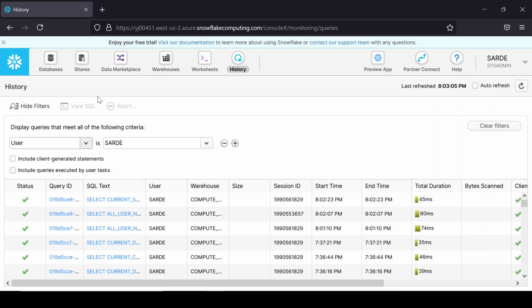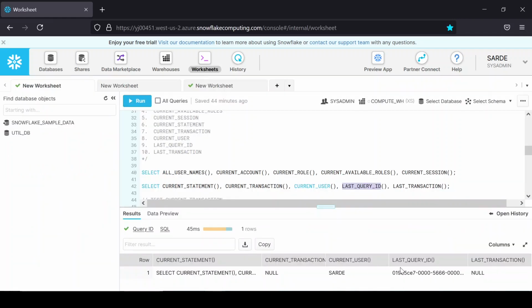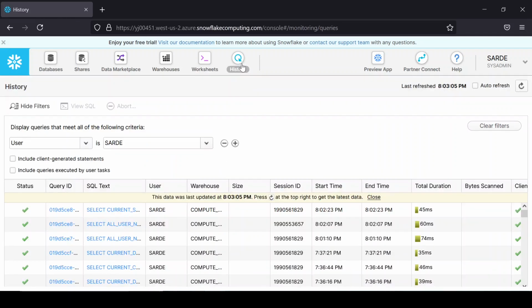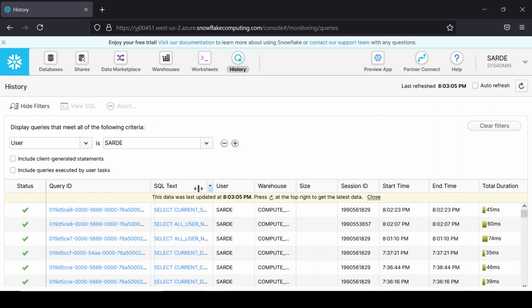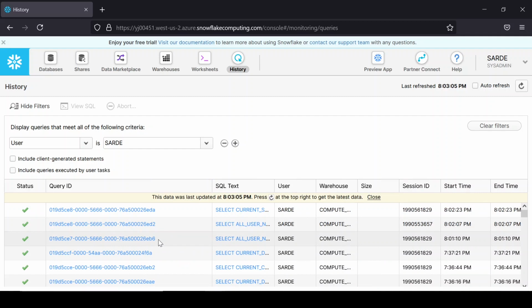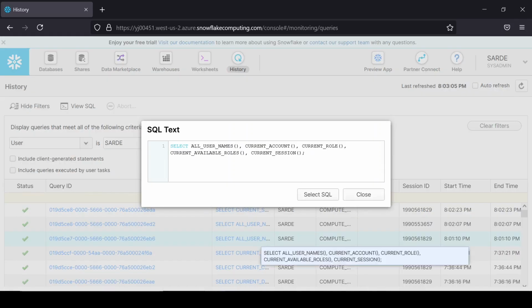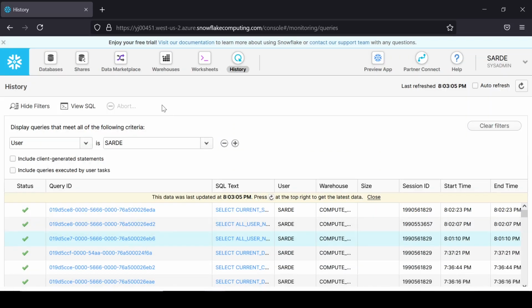Here we can see it has returned this last query ID, and the last digits are 6EB6. If we go to the history tab, we can see the query ID is this one, 6EB6. So this is the query that we just ran, and this is the query ID for that.